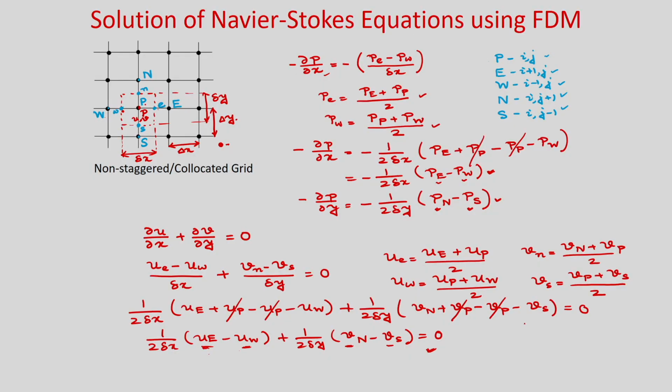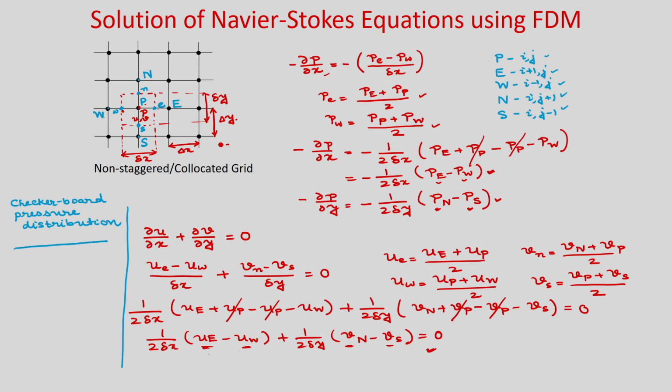So, that is also one drawback. In some situations of the flow field, if you have some oscillatory pressure distribution or oscillatory velocity distribution, then what will happen, you see. This is known as checkerboard pressure distribution or checkerboard velocity distribution. Okay. So, let us write here: checkerboard pressure distribution.